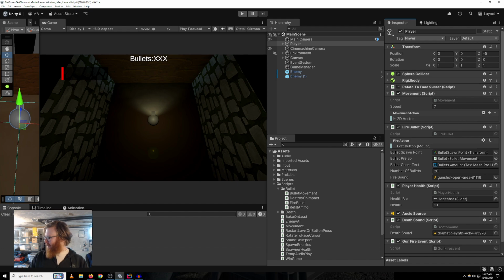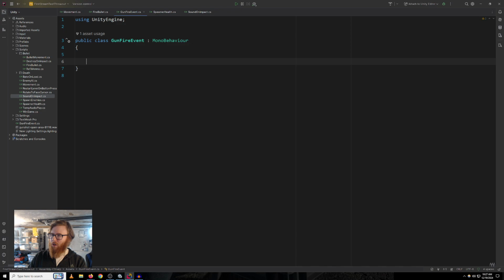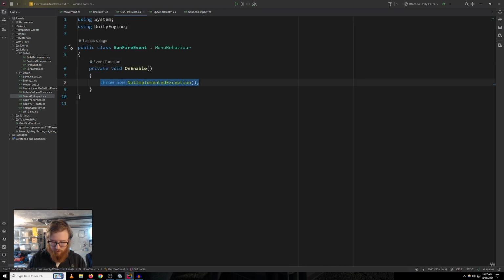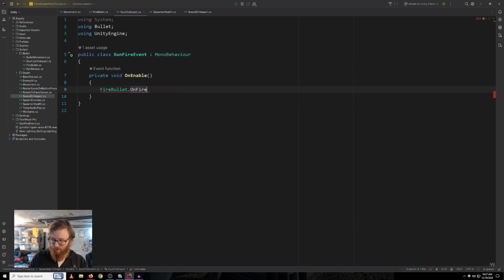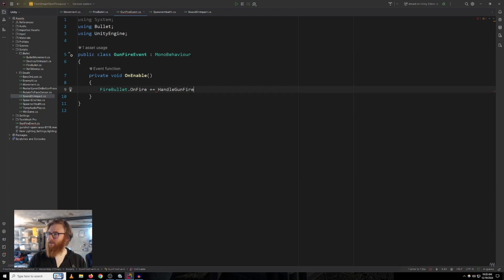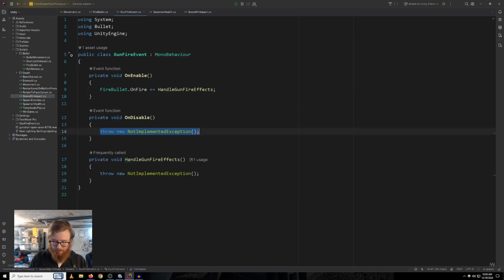I have a gunfire event. When the gun goes off, things will happen. So we're just going to get rid of all that. And on enable, we're going to add ourselves to the events. Plus equal to handle gunfire effects. Create that method. On disable, we will